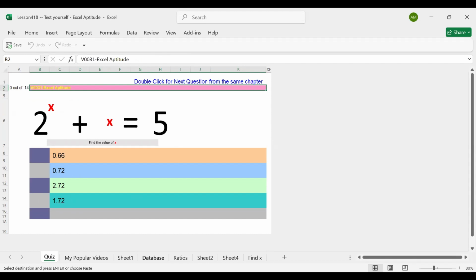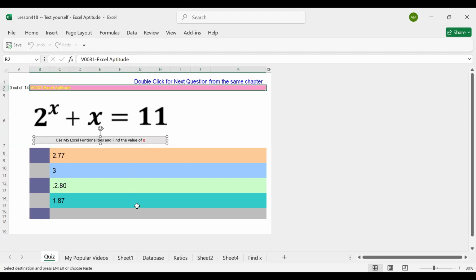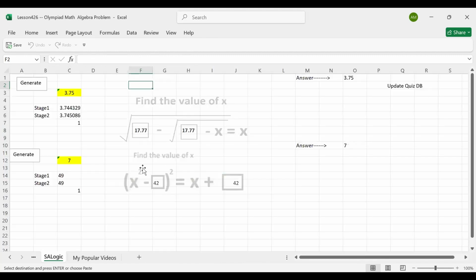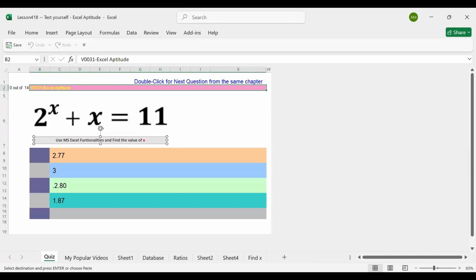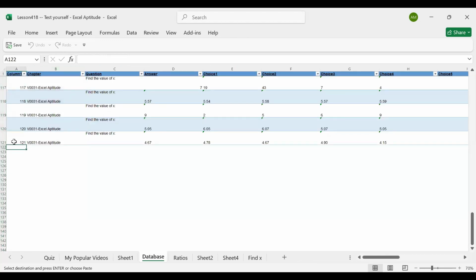Okay, so this is the database which we want to update with the SALogic presented questions. Means the questions which are presented by the SALogic, right? This one, right? So we want to update the latter. Before we go for the update, one thing is advisable for us: how would the system know where the database is located? How would it know that this is the file in which we have the database sheet, and here it has to append the record